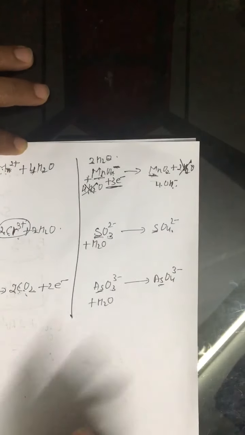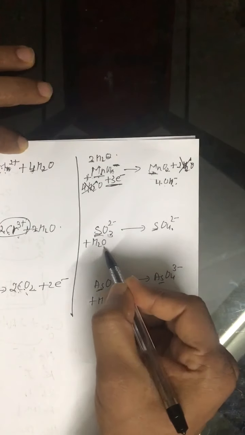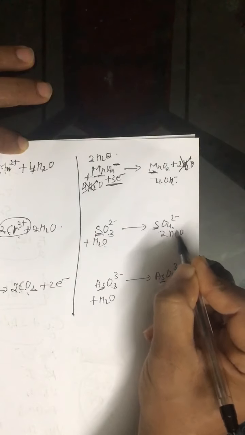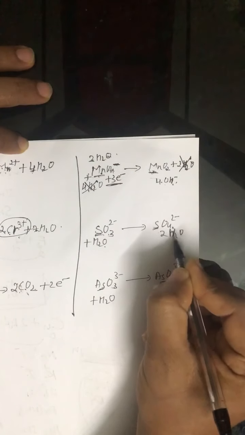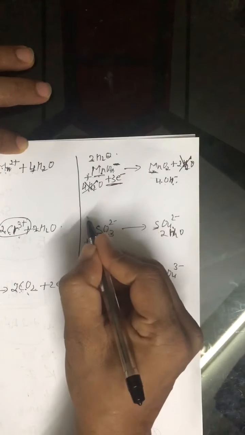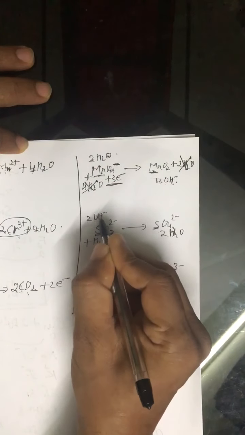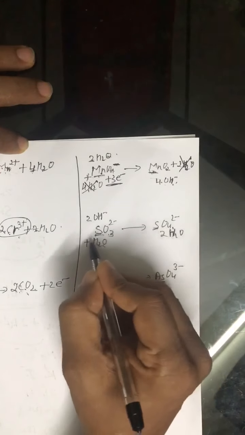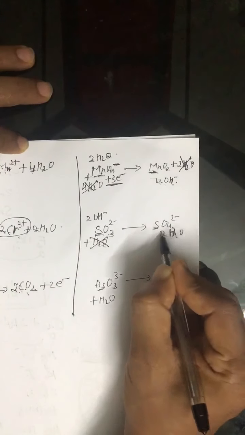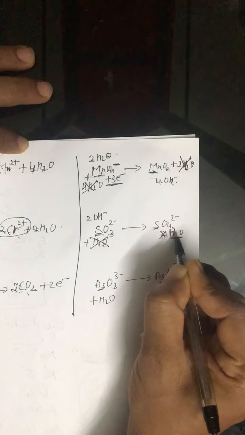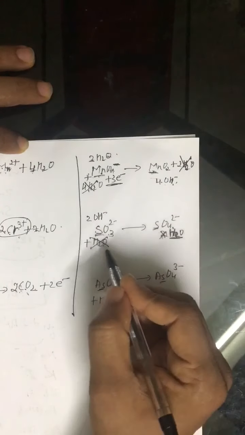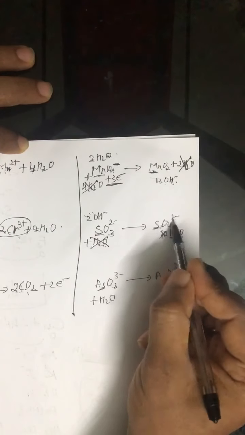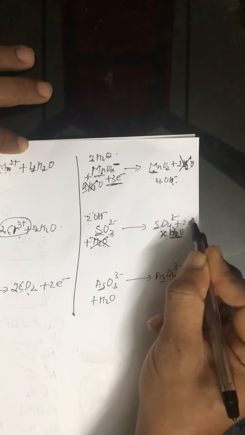All right, now see here, we have 2 hydrogens, so we will write twice of H2O. See, twice of H2O, and we will write twice of OH negative as well at the opposite end. All right, and equal number of H2Os are cancelled. This H2O is cancelled with this one, so we are left with 1 H2O. All right, and now balancing of electron, we have 4 negative charges here, here we have only 2 negative charges, so plus twice of electron.